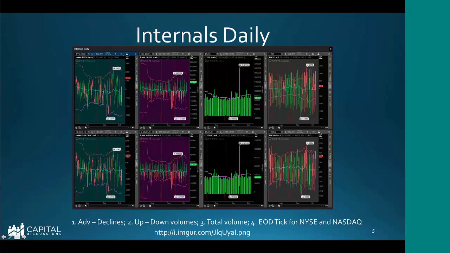The last one is what I find is the tick. If you guys know what tick is, it's basically the instantaneous push up or down in the market. Here's what I'm looking for. I'm looking at a daily range, but I want to do an average of what the final tick was. Because what I find many times is that in the final tick, there'll be a lot of stuff that you'll see. Like, for example,